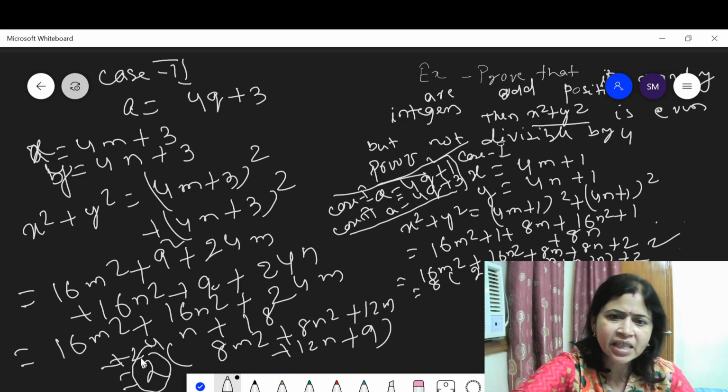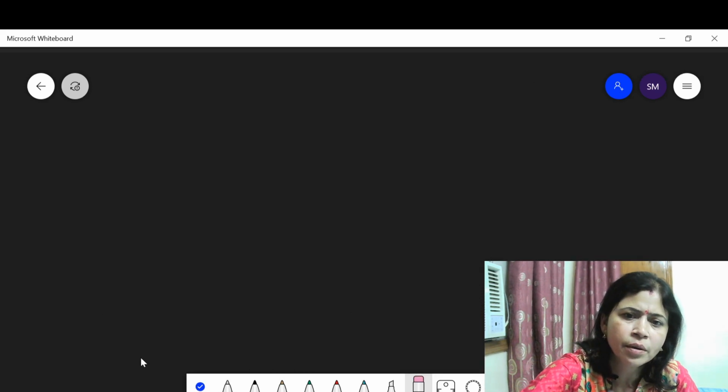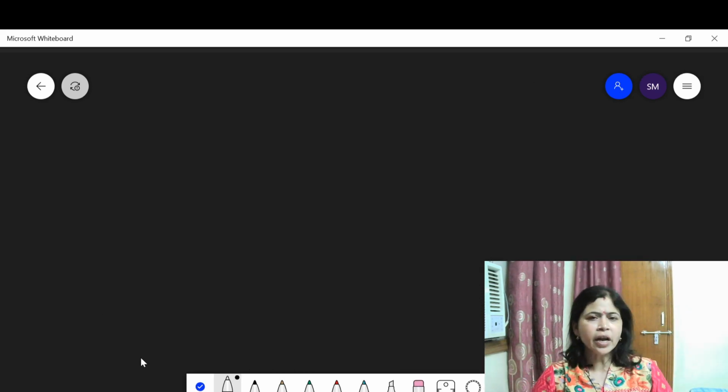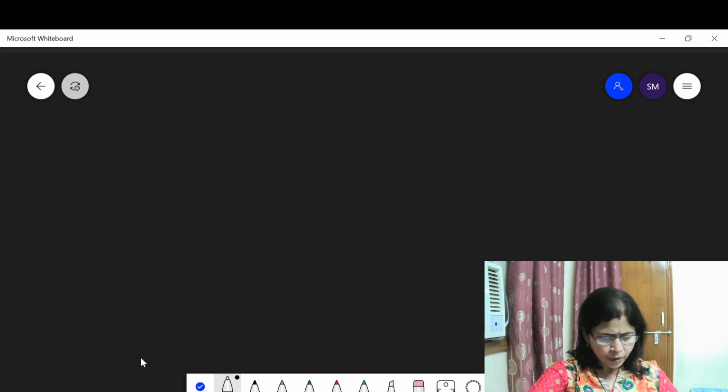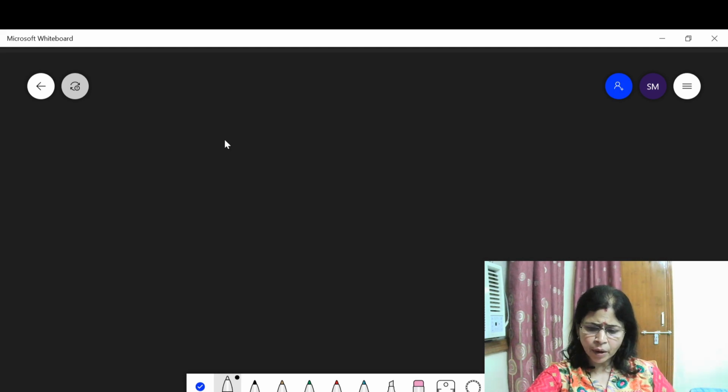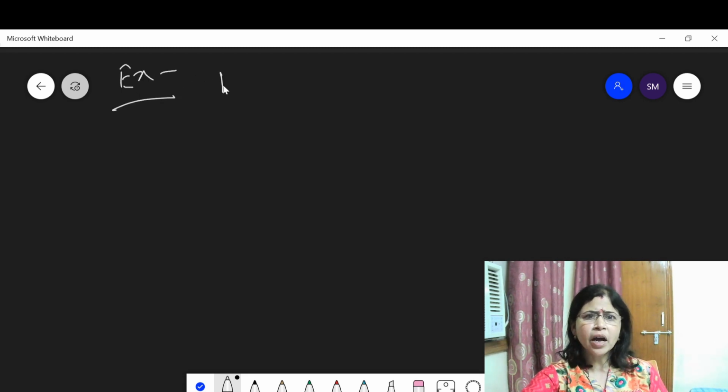Okay. Then next question. The next question says that, here take another question. Prove that n square minus n is divisible by 2 for every positive integer n. Here another example says that, prove that,